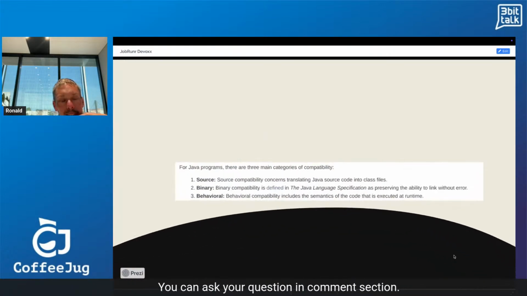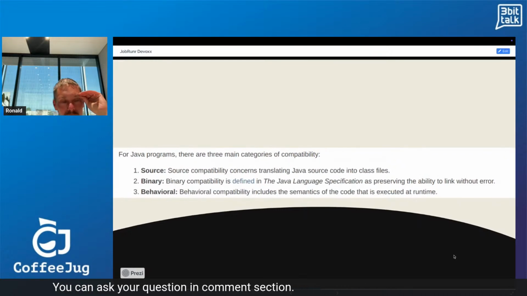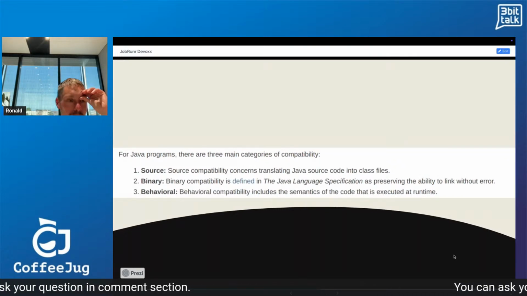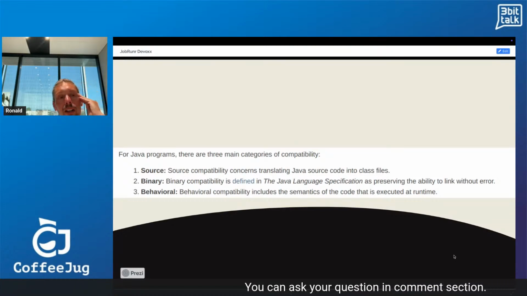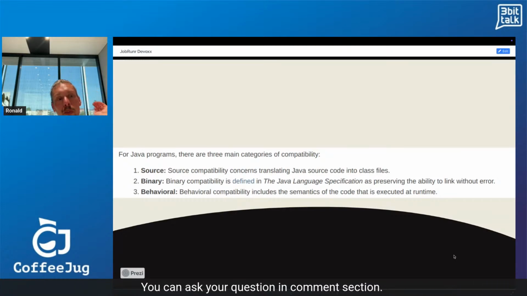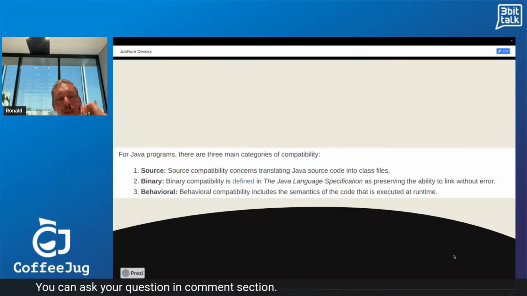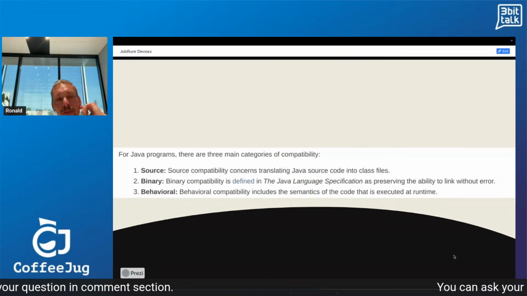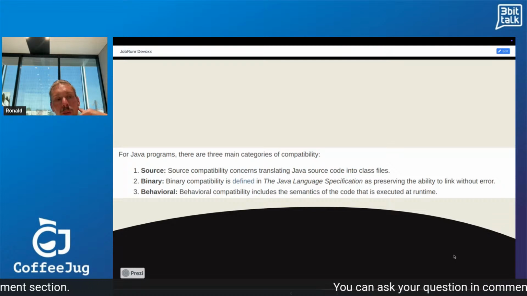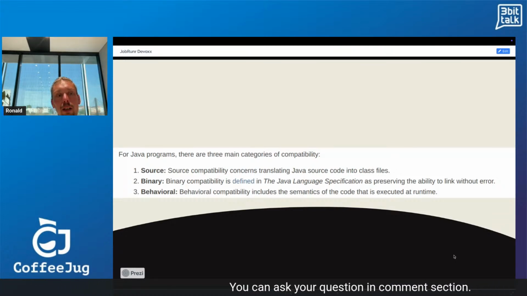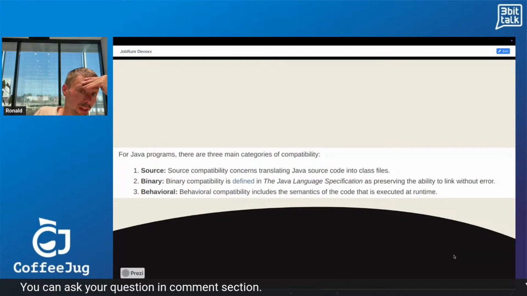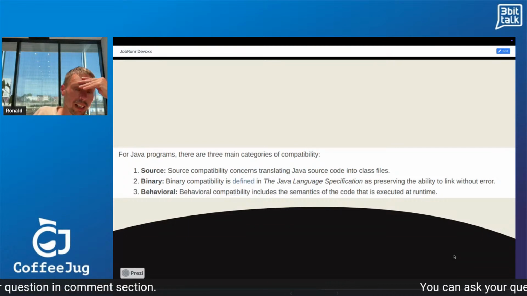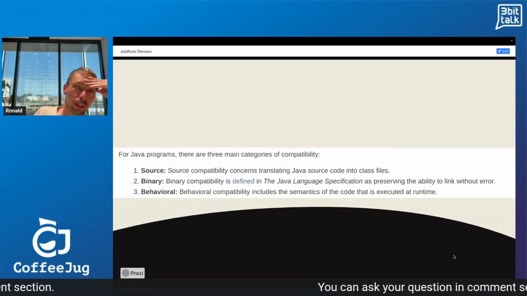So I started thinking about it, and then I found this on Wikipedia related to Java and compatibility. There are three types of compatibility: source compatibility, binary compatibility, and behavioral compatibility. And the part where JobRunner is hooking in is in fact the binary compatibility. This part is defined in the Java language specification. And this is one of the things I really like about Java.